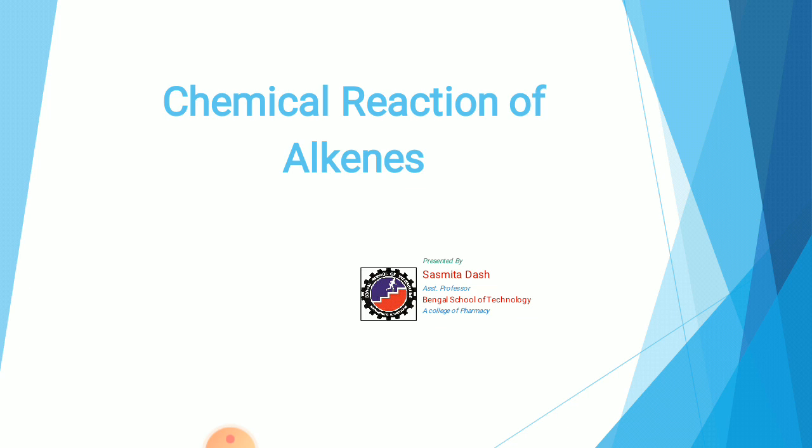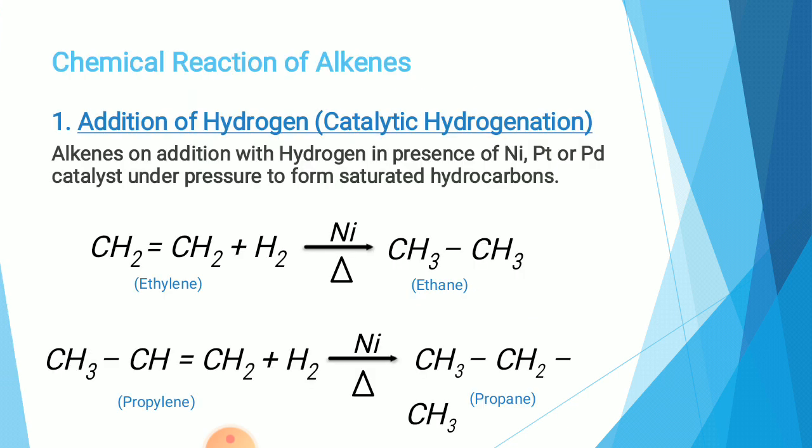So today we'll discuss another part of our organic chemistry, that is, chemical reaction of alkenes. In the last class we discussed the different chemical properties of alkene, namely the electrophilic addition reaction, and its mechanism. So how the electrophiles and nucleophiles are ionized, how they interact with the alkenes by forming the carbonium ion, and finally form the addition product.